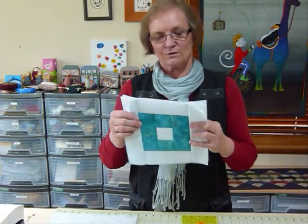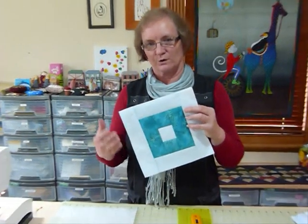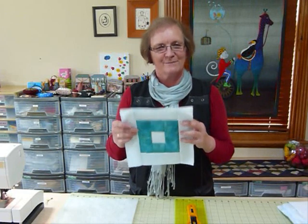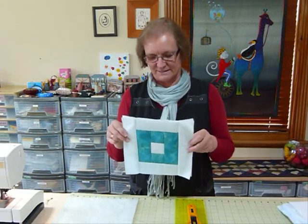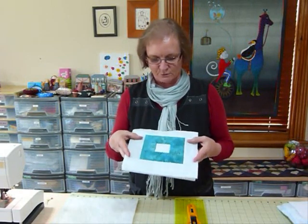So this is not a particularly speedy block. On the other hand, if you think that you've managed to piece it and quilt it and back it all in one go, it's really not so bad. But you do need to take a little bit of care while you're doing it. But I just thought it might be a fun alternative to some of the other quilt as you go blocks